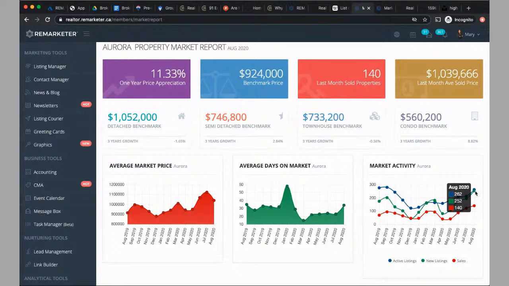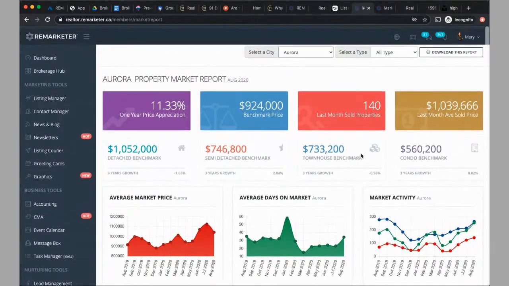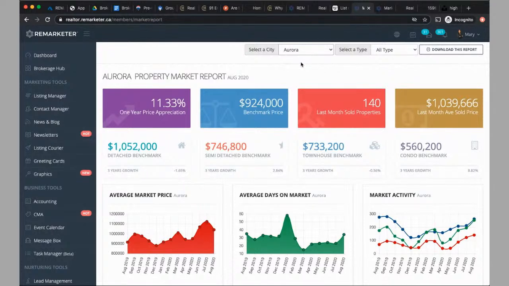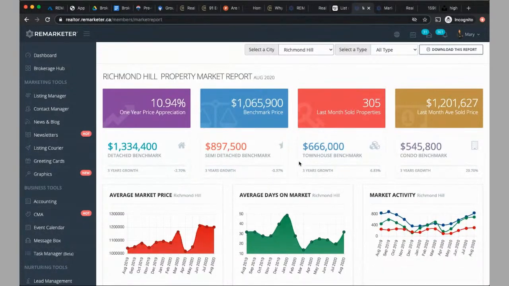So maybe the next couple of months, if this gap continues to grow, then we're going to be looking at the same situation right here in August 2019. So Aurora, we have to be careful. Richmond Hill,